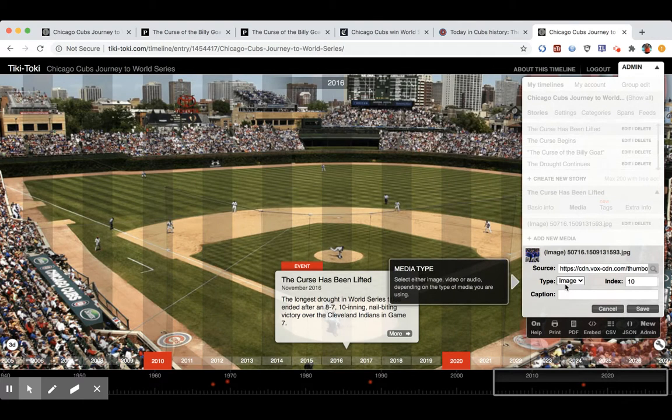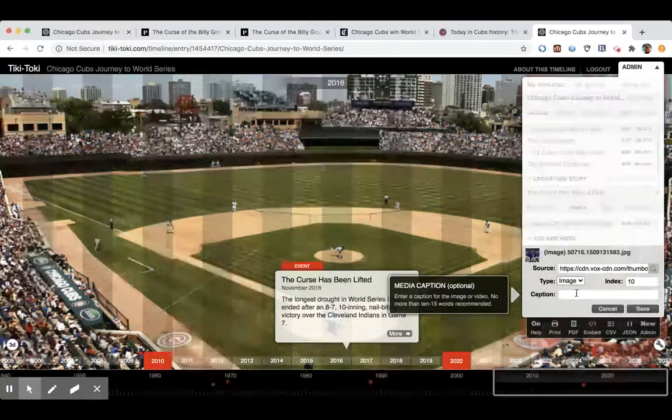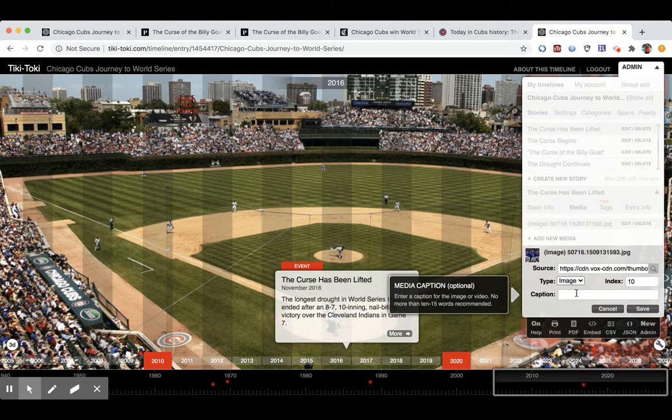However, if you would like, you could also do audio and video as well. And the index number here, you can choose from 1 through 10, and basically the lower the number it is, the higher it'll show on the view. So if you had the number 1, that image would show first in a gallery. So then next we need to make a caption for the image that we selected. So for this case, we'll go ahead and do